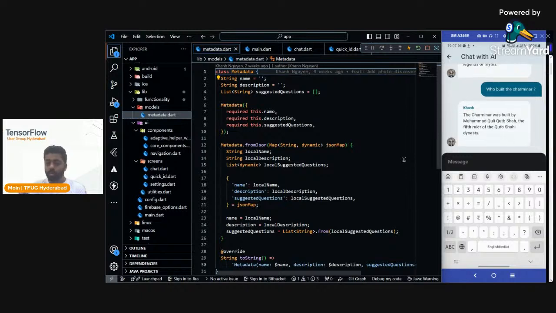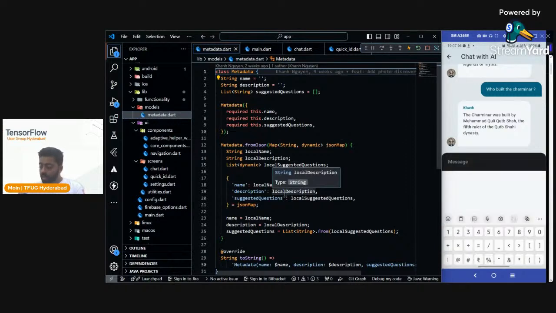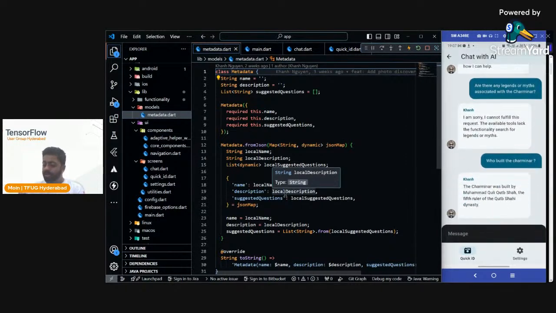So yep, it answered. Charminar was built by Muhammad Quli Qutub Shah, the fifth ruler of this dynasty. Yeah, so it works pretty well. So if we have to build something of this type, which has a very specific use case,